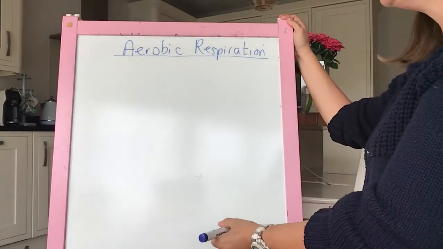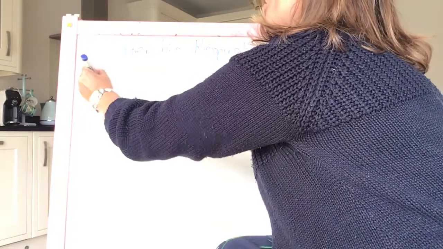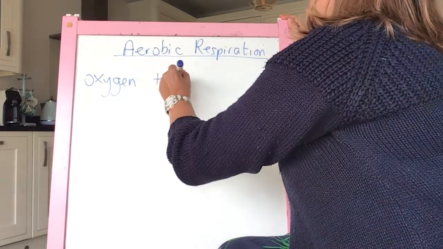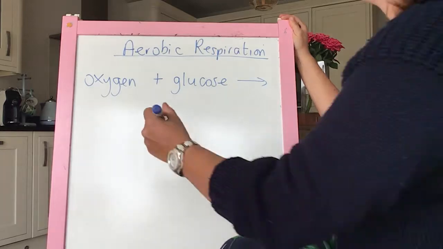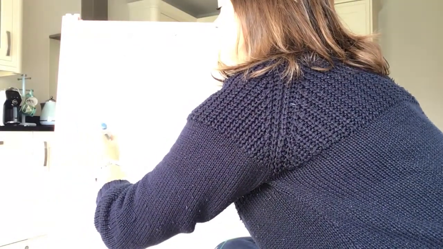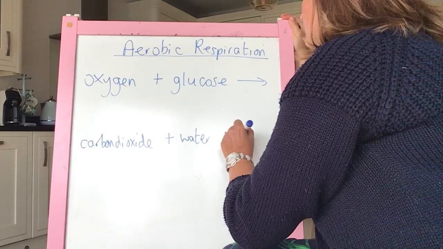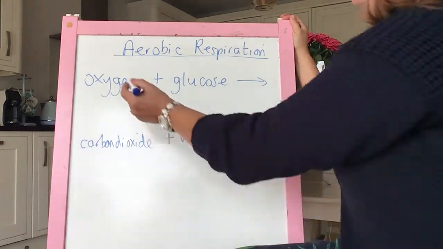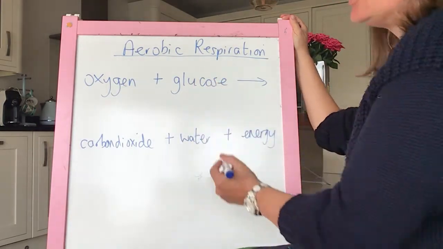Okay, everybody, so the word equation that you needed to know at GCSE was oxygen plus glucose goes to carbon dioxide plus water, and then what it's all about, energy. Okay, so you get the oxygen from gaseous exchange in your lungs, you get glucose from the breakdown of